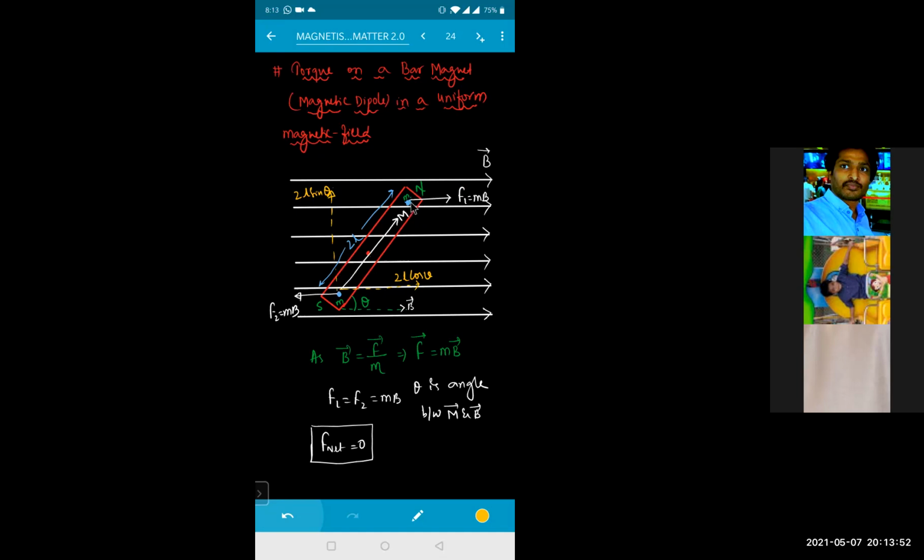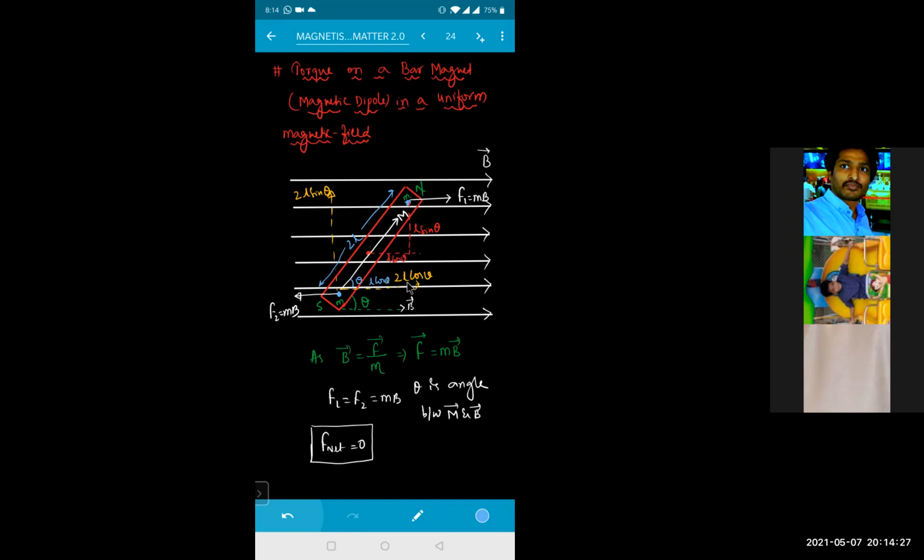See, this force into the perpendicular distance will give me the torque from the center. I'll draw it here. From this center to here, what is the distance? l. If I draw here, this is a force and this is a perpendicular distance. This l is making an angle theta here, so this will become l cos theta and this will become l sin theta. The same way, this is also l, making an angle theta here, so this will become l into cos theta.